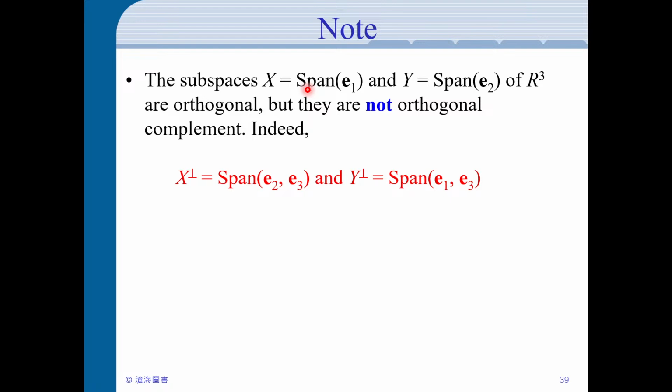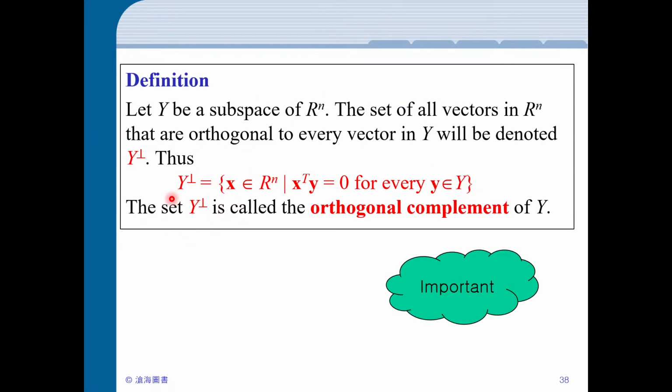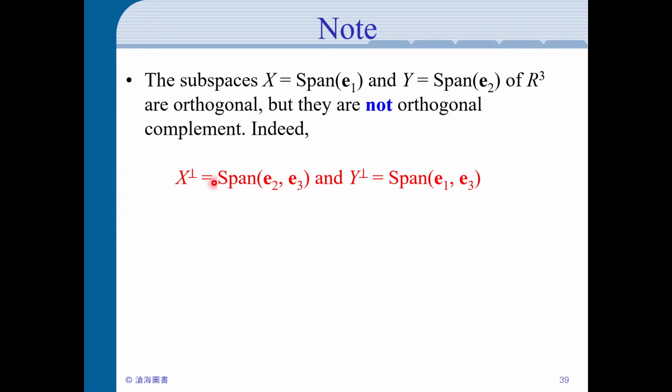Okay. So an example of complement. You have two orthogonal spaces, but they might not be complements, because the complement has this requirement on every x here. For example, if you have the first space spanned by e1 and the second space spanned by e2, they are orthogonal, but they are not orthogonal complements, because say the complement of Y is spanned by